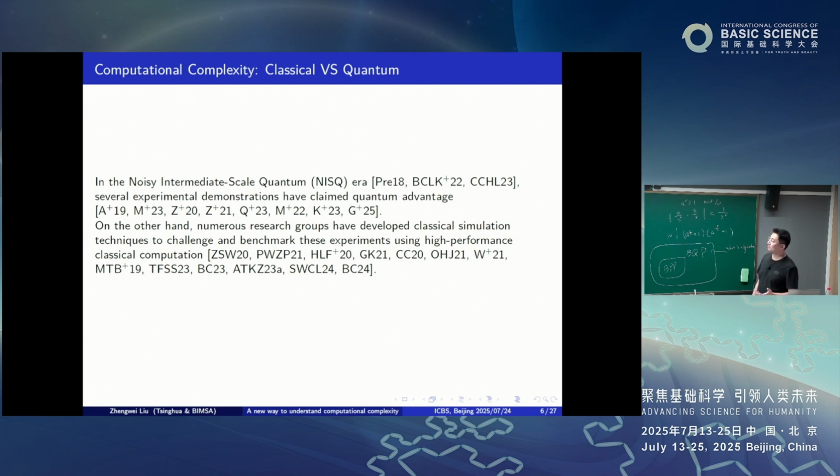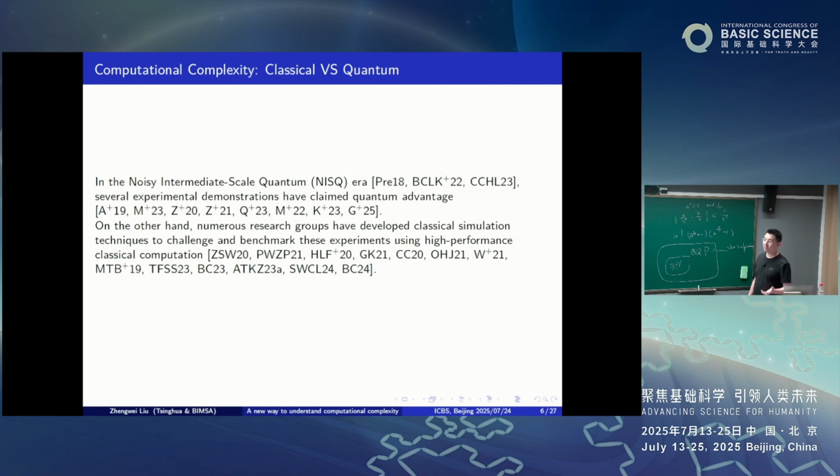So there are some remarkable algorithms. First is run by Google. That's the random quantum circuit. Essentially, using a random quantum circuit, they produced a distribution from measurement. And somehow the distribution is hard to simulate by a classical computer. And this is true if there's no noise. There's a theoretical guarantee for that. But if there is noise, it's not clear.